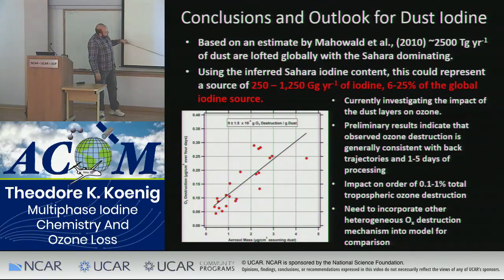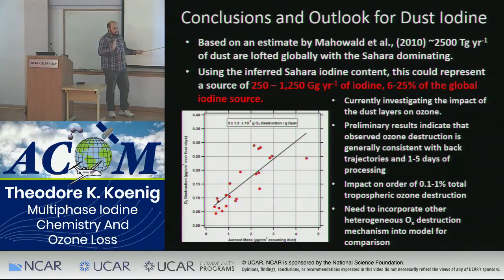What I'm showing here is if I assume the ozone destruction persists for 4 days, and here I have the aerosol mass of the dust, then I can get kind of this relatively nice line. If I look at the back trajectories I have and look at the ozone destruction in them, and I assume this was the only process, then most of my back trajectories would suggest that they've had only 1 to 2 days of processing. The longest processing we would find on any intercept is about 5 days. The lifetime of dust in the atmosphere is usually on the order of about 10 days.